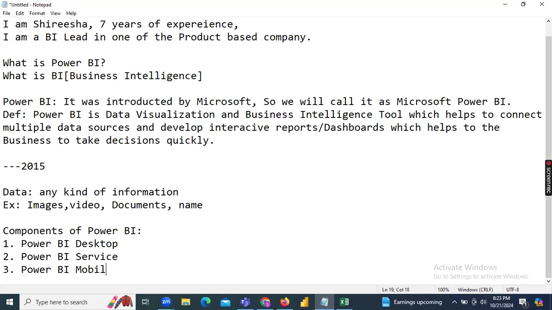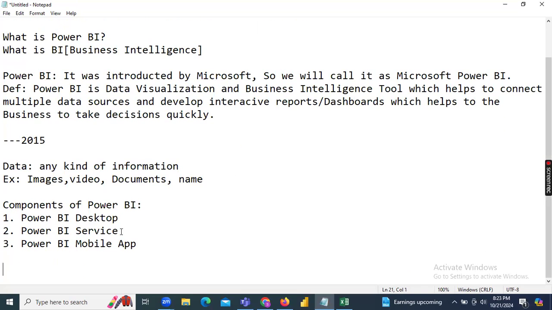Now, guys, Power BI Desktop is a completely free application, free software. Anybody can download it from the website: go to Google, search Power BI Desktop, and download. Whoever has a Windows laptop can download it and directly use it.